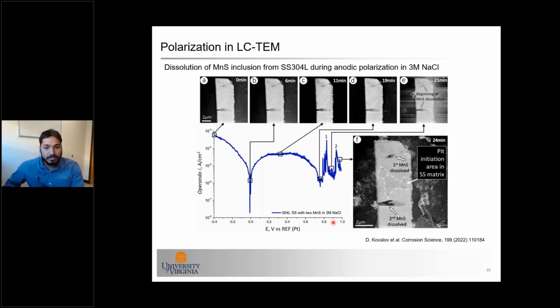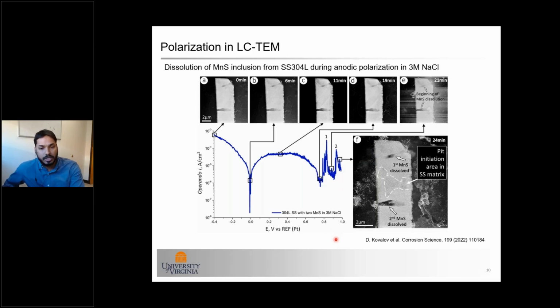So here is one work from our group. It is the same material as the previous example, stainless steel with manganese sulfide inclusions, and during anodic polarization you could see the dissolution of the sulfide. You could see the process within 10 minutes, which was not the case in the previous example, which took almost 24 hours to see something